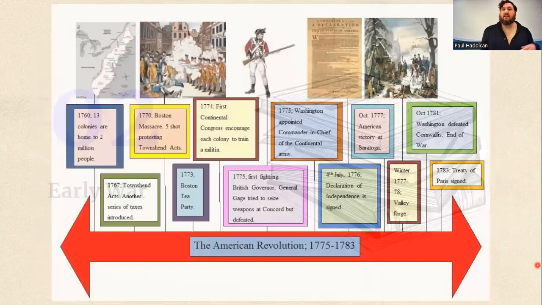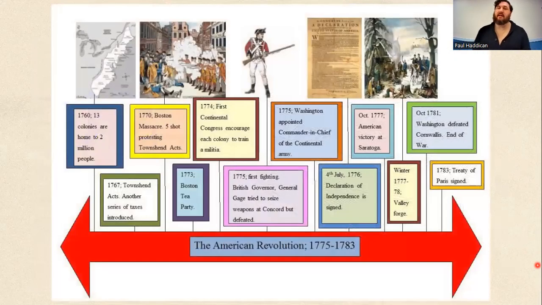So then we go to war, right? We're officially at war. I'm not going to read this full infographic, but the war goes on from 1775 until 1783. So it's a very long war. It goes back and forth. The textbook details a lot of the battles and more of the strategy, and there are several videos online if you'd like to watch that. But what we're really concerned with is the colonial perspective of this war. They feel they're fully within their rights, that they are waging this